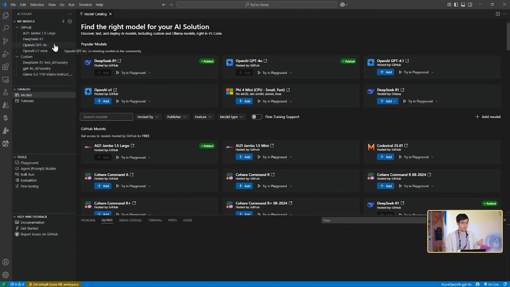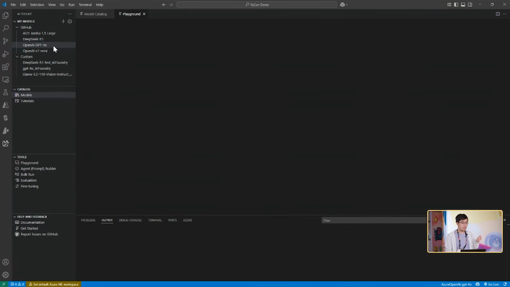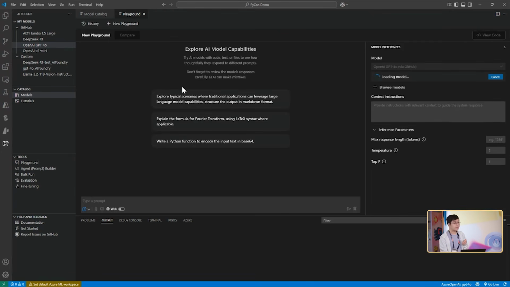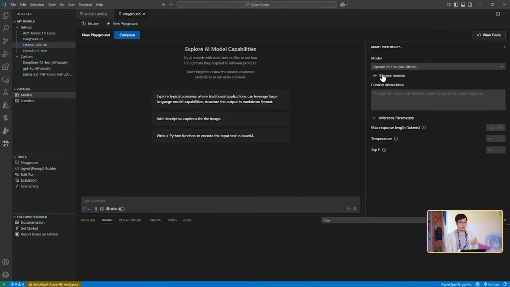So let's go back to the 4.0 one that we talked about earlier. I have one already added. I can double click on this 4.0 model, and it will open up a model playground. It's using the 4.0 deployment that I have in GitHub, and I can ask it questions such as, let's say,